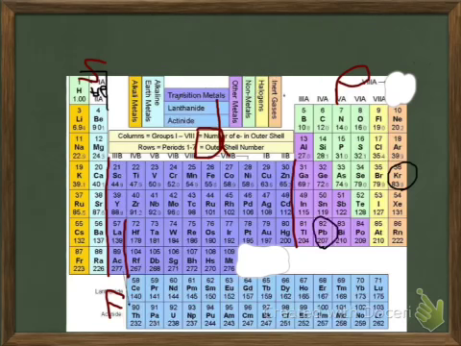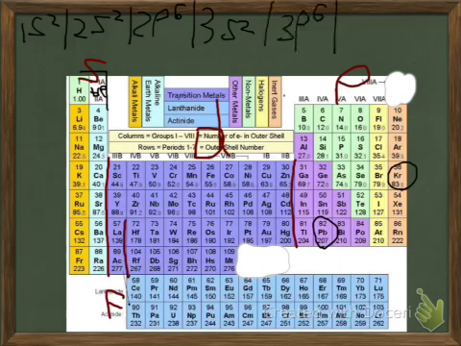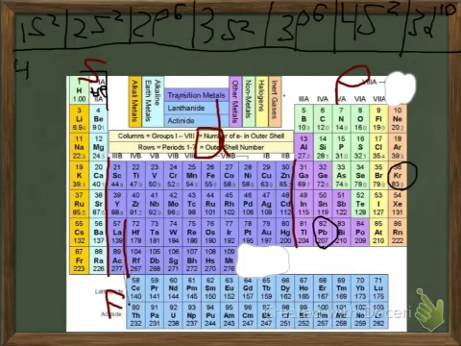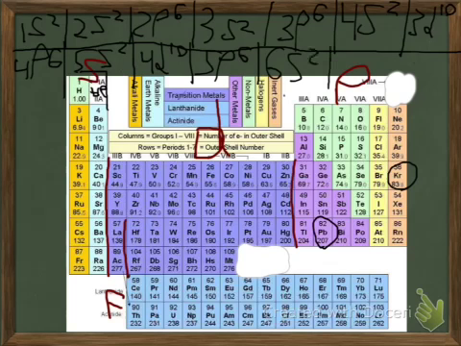Now let's try bismuth. We know we have to go from 1s2, 2s2, then 2p6, then 3s2, then 3p6, then 4s2, then 3d10, then 4p6, then 5s2, then 4d10, and we know we have to go down an energy level, 5p6, 6s2,